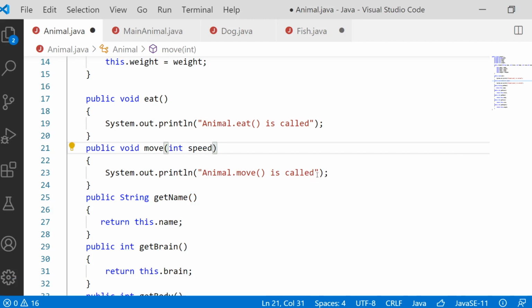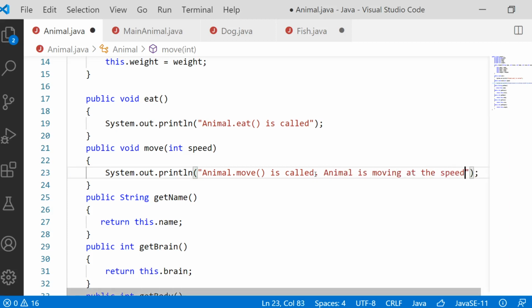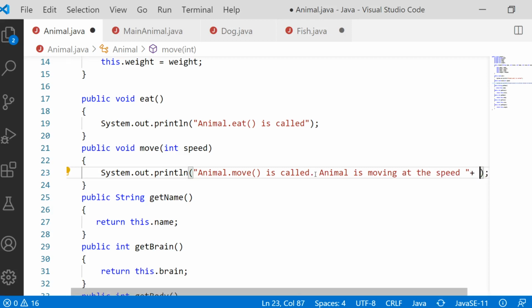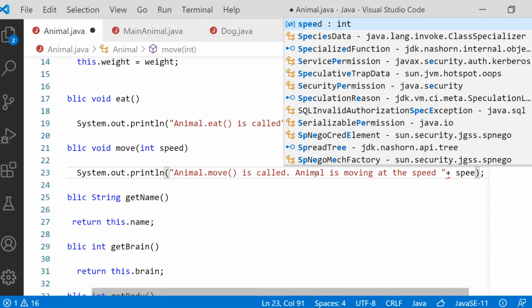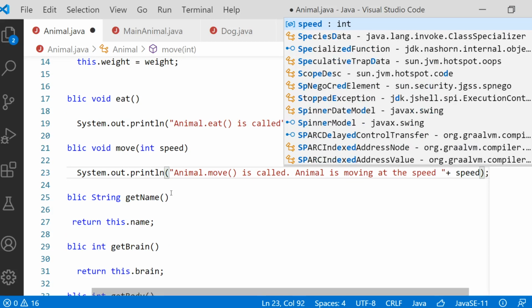After printing animal move is called, you also have to say that animal is moving at the speed. We can also concatenate the value of the speed variable, which is the argument that we are appending here.